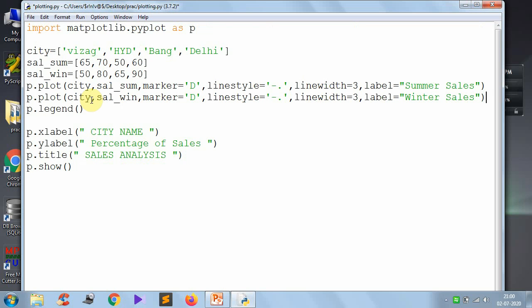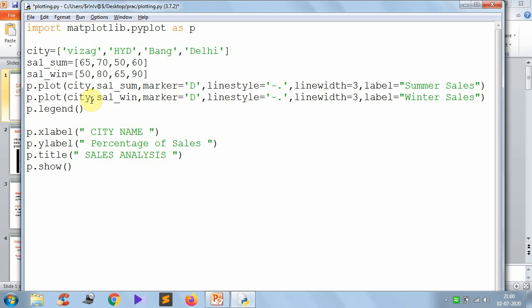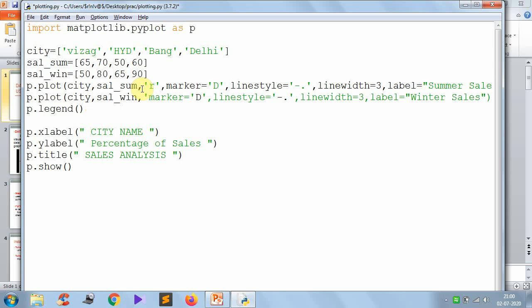You have to continue. So this is how you draw the line charts in Python by using different styles and all the things. Whenever you are drawing multiple charts, color will be automatically taken. You don't need to specify. Still, if you want to specify the color, then in the third parameter, immediately after x-axis and y-axis, just keep it like this, red, and